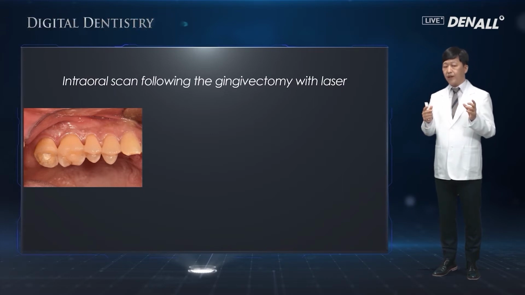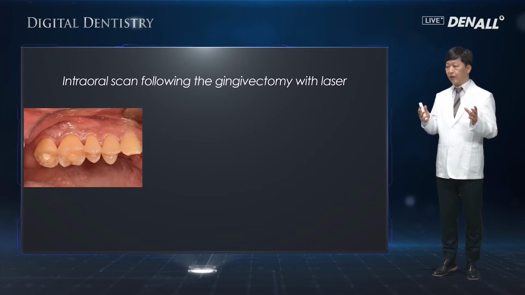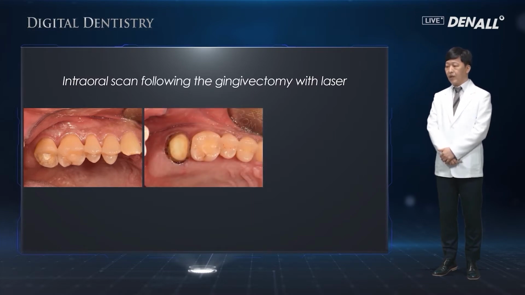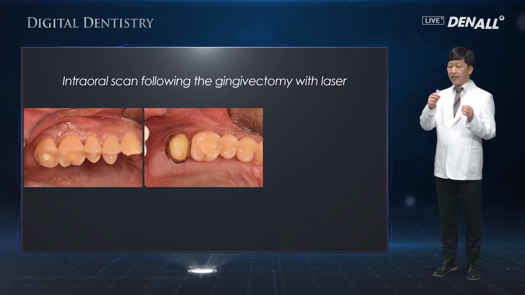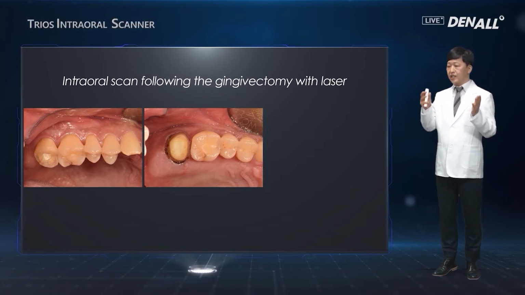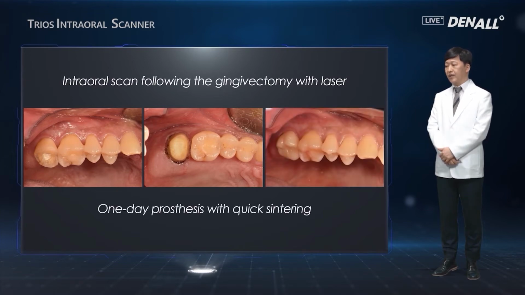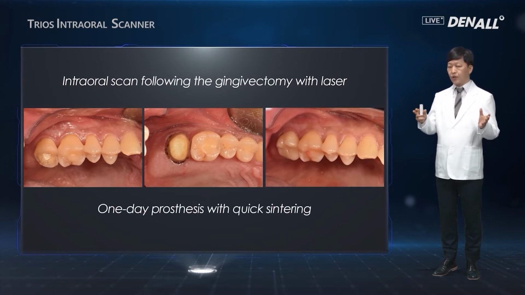and the crown needs to be done as well. The crown is very short. Crown lengthening would be necessary. In this case, laser or electrosurgery can be used to lengthen a tooth. When you cut the gingiva, bleeding can occur. After bleeding is stopped, as you can see here, if you do the prosthesis on the day, the prosthesis can